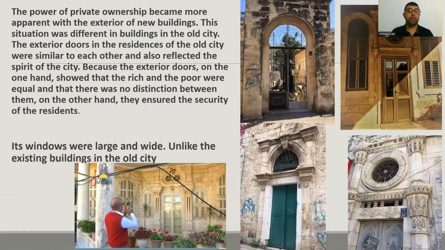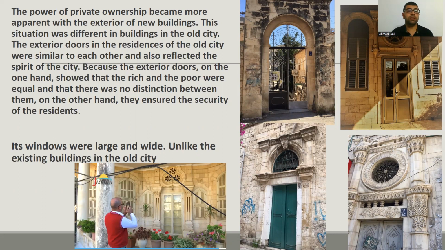The power of private ownership became more apparent with the exterior of new buildings. This situation was different in buildings in the old city. The exterior doors in the residences of the old city were similar to each other and also reflected the severity of the city. Because the exterior doors, on the one hand, showed that the rich and the poor were equal